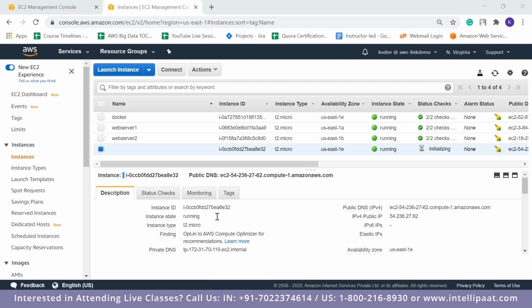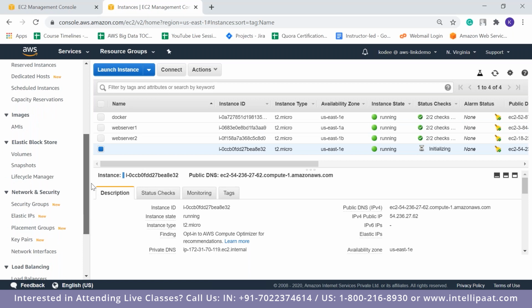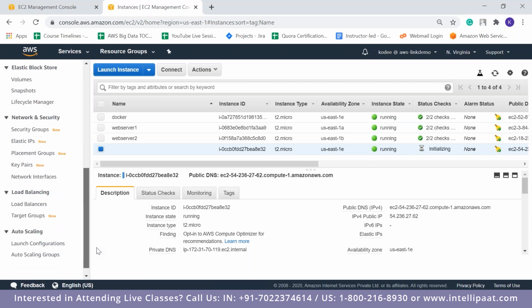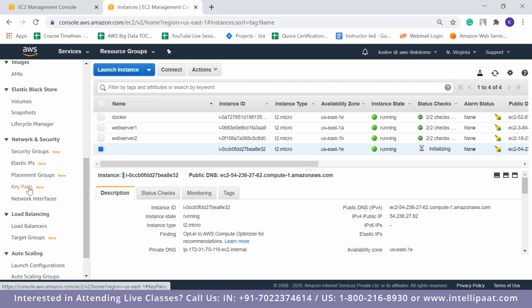KMS, key management service, yes. Maybe we'll have a session on that as well. In key management service you can create keys, but you cannot create key pairs from KMS. You will have to create key pairs from the options over here itself. I think there will be an option called key pair. Yeah, so over here, you can also create key pairs from here.